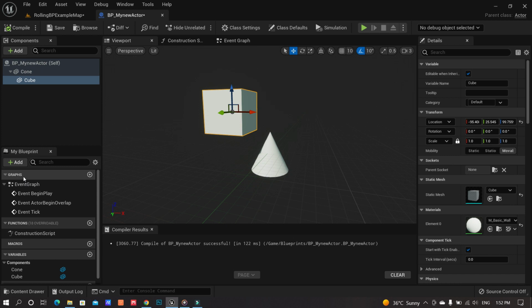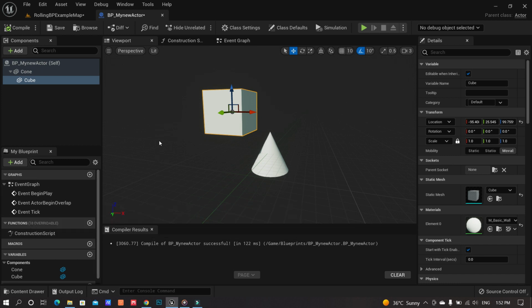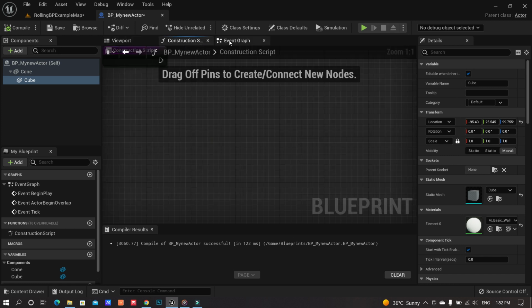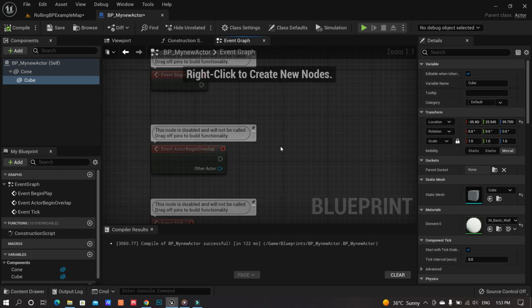And you can see that under graph we have something called event graph, and under the event graph we have some types of events. Now event graph is an area within the blueprint where you actually start building the logic of your game, and the logic within this particular blueprint which you are creating. One of the things, I will go to the construction script at a later stage, that will also be covered during the tutorial itself. But let's go to the event graph,